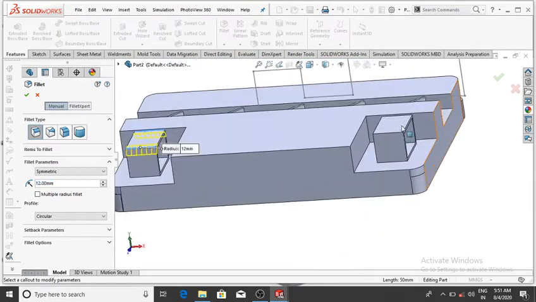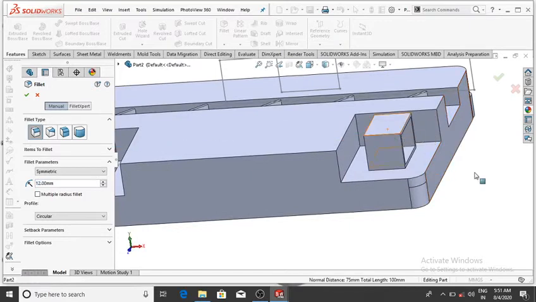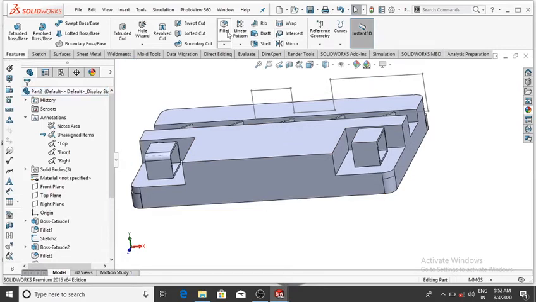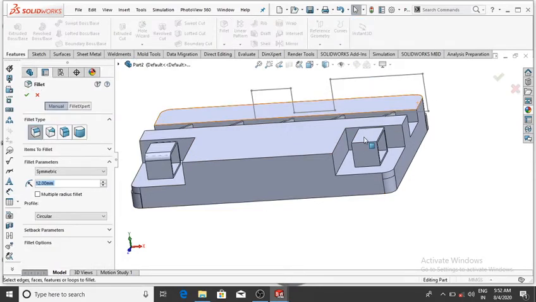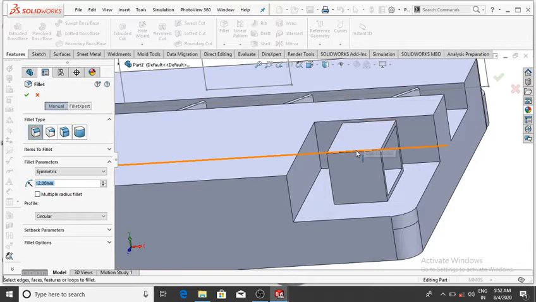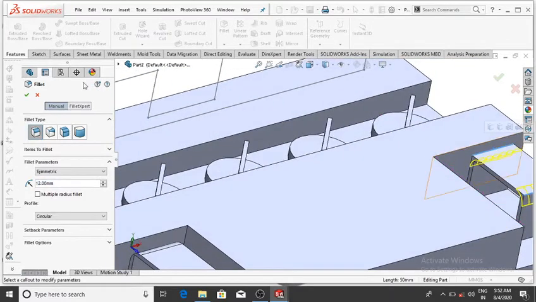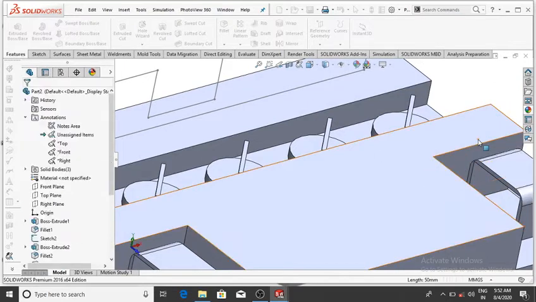Now again select the fillet and select this face and again this face, then OK. It will be selected.